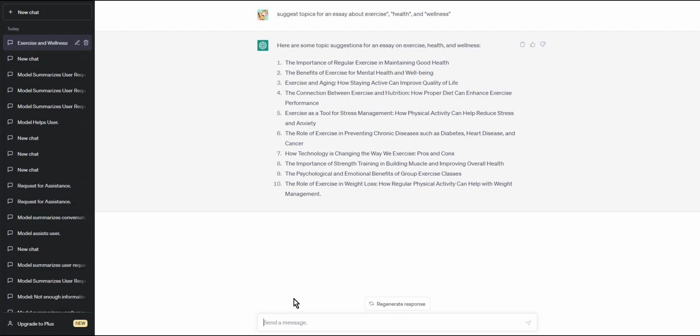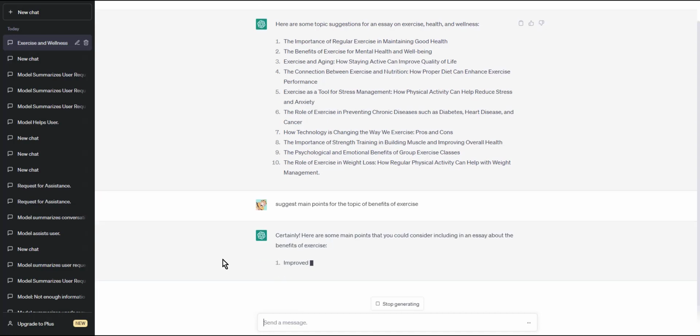Once you've chosen a topic, the next step is to create an outline for your essay. This will help you organize your thoughts and ensure that your essay flows logically. ChatGPT can assist you in creating an outline by suggesting main points and subpoints for your essay based on your